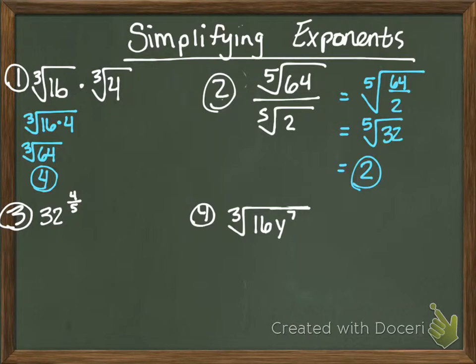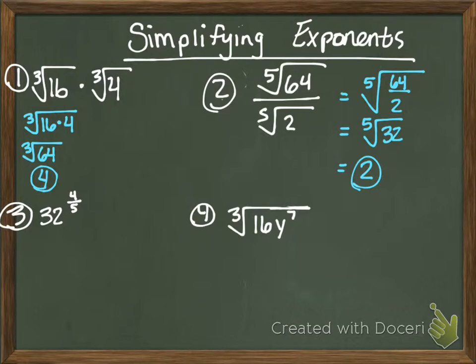So 32 to the 4/5. This is why going from radical to exponent, exponent to radical can be helpful. Because 32 to the 4/5 we can use a calculator to do, but we're probably not going to be able to do that in our head. But if we write this in radical form, we'll be able to do it without our calculator in a couple days. Maybe not tomorrow. You still may need your calculator for assistance. So,